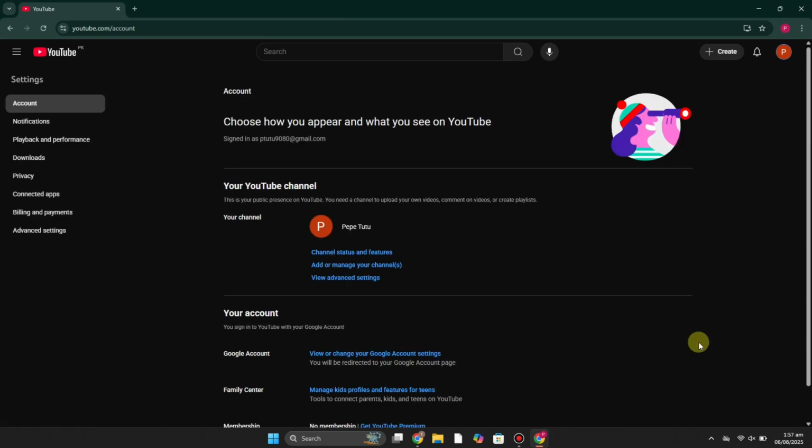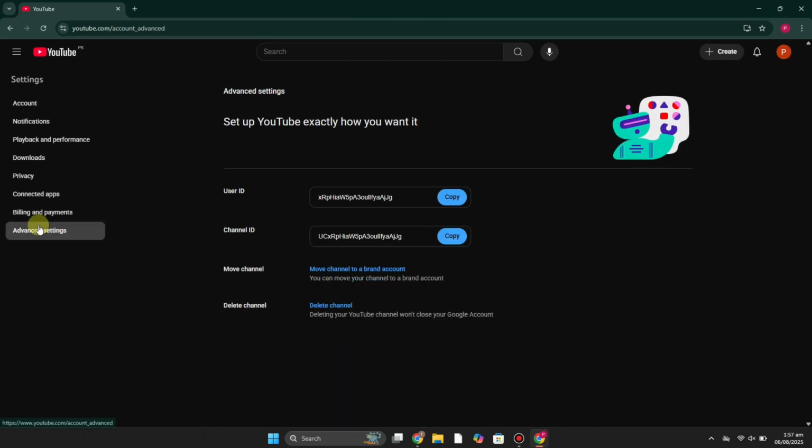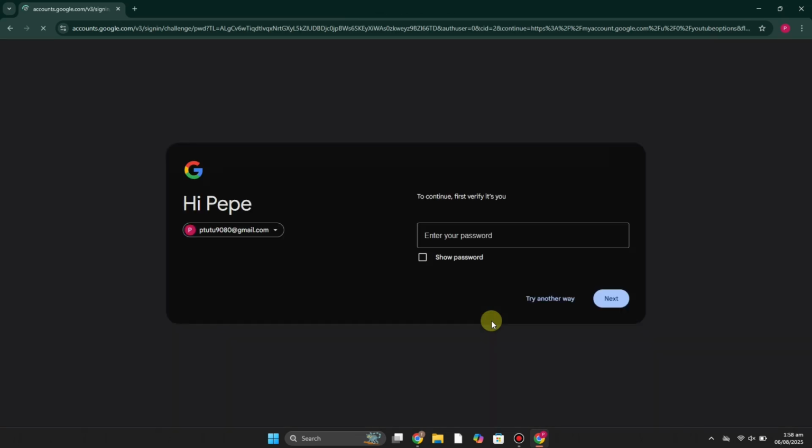As you click onto it, then you will see a few options on your left side. From all these options, you have to select the last one, which is called advanced settings. As you click on advanced settings, then you will see this last option on this page, which is delete channel. Then you have to simply click onto this blue option delete channel, and after that it will take you to